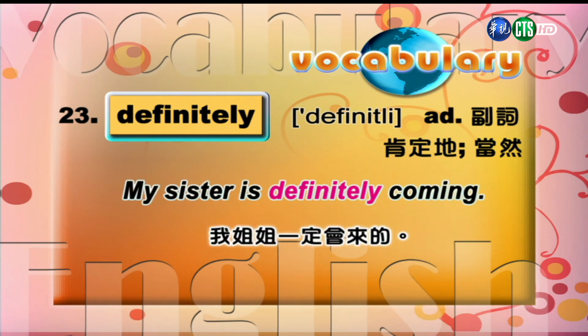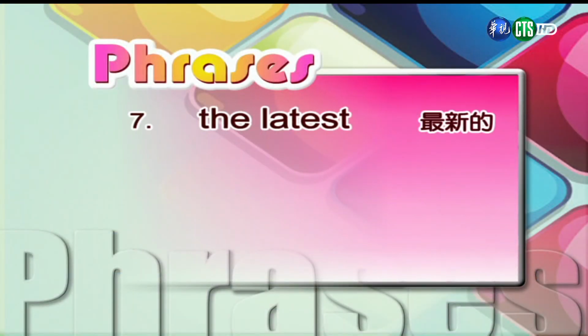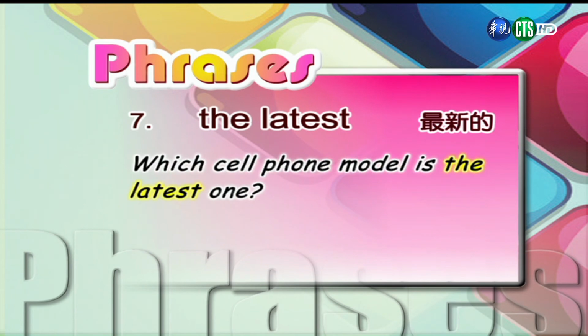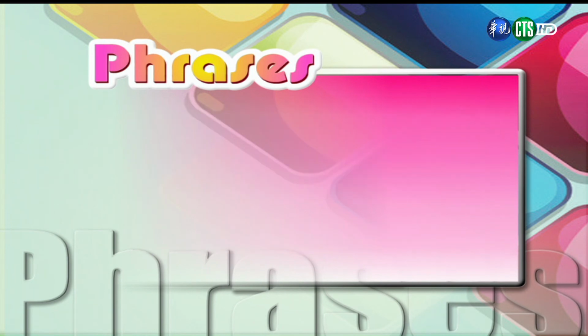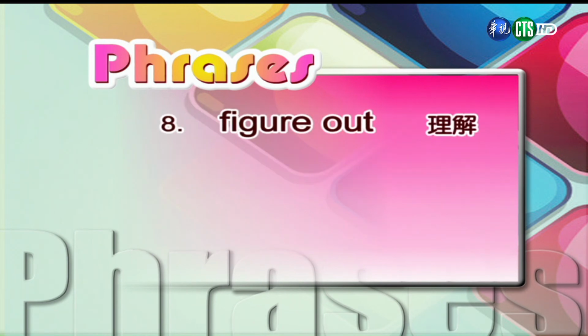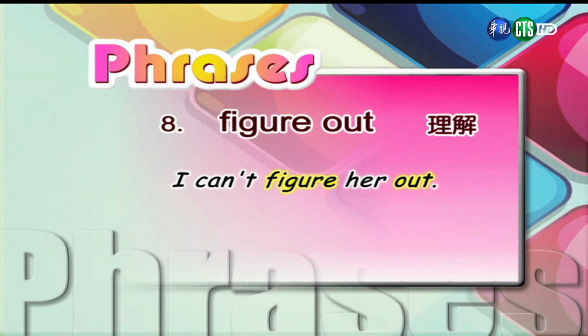My sister is definitely coming. 我姐姐一定会来。 We have two very useful phrases for you. Number 7. The latest. 最新的。 Which cell phone model is the latest one? 哪一款手机是最新的？ Number 8. Figure out. 理解。 I can't figure her out. 我看不透它。